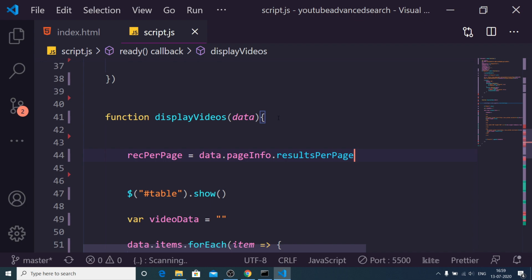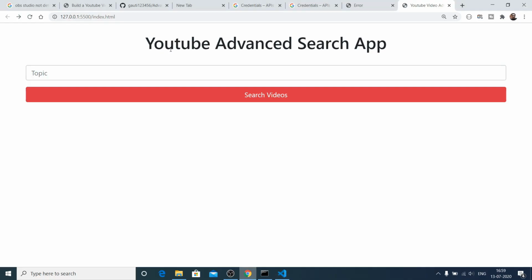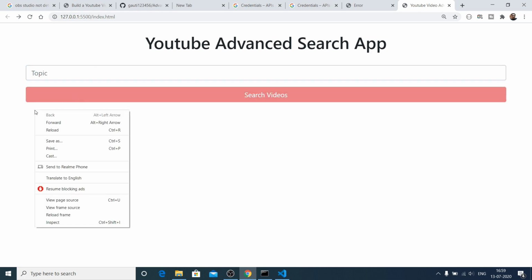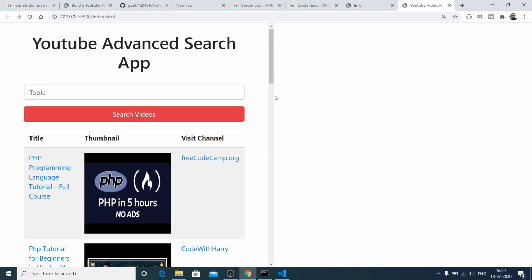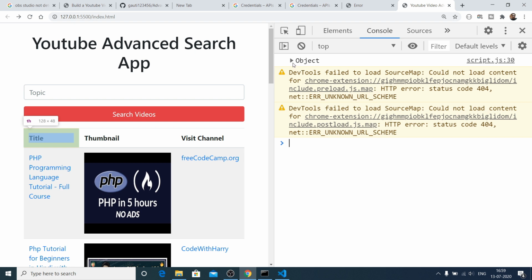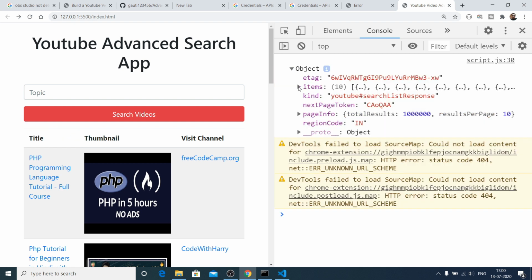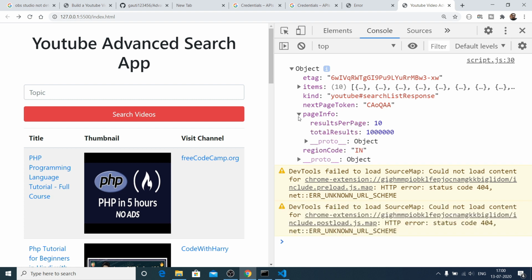Let me just show you this property. If you search for any record here, if I inspect element and go to console, you will see this property inside page info, and you can see the results per page is equal to 10, which we have set here, and the total number of results which is also returned to us, which I think is 10 lakh.